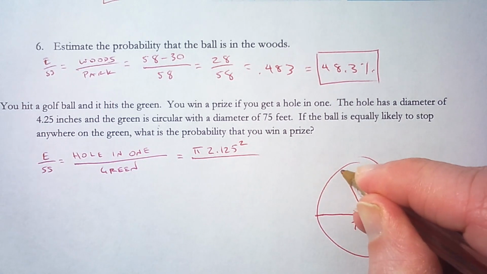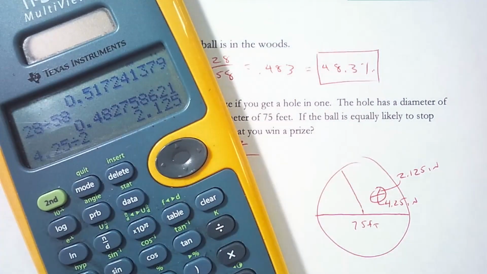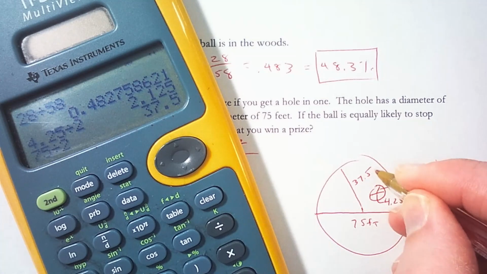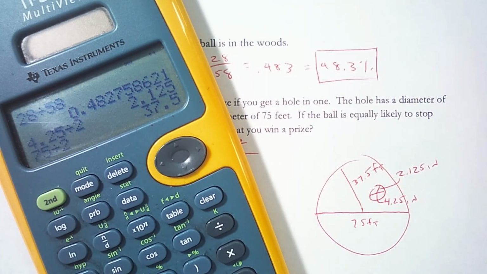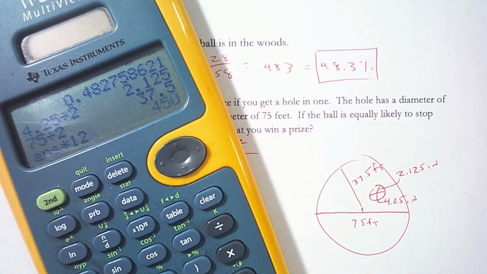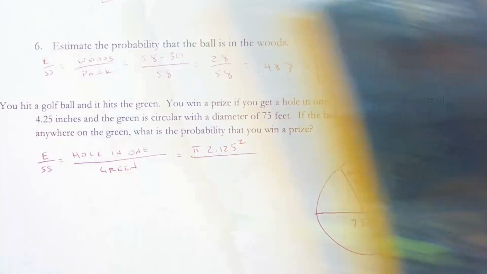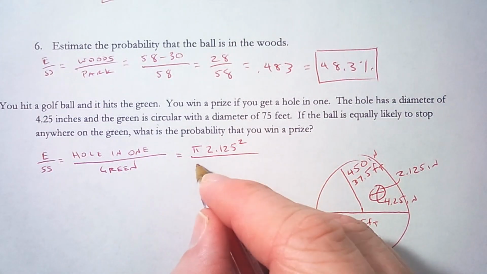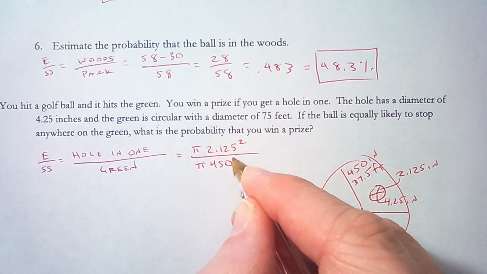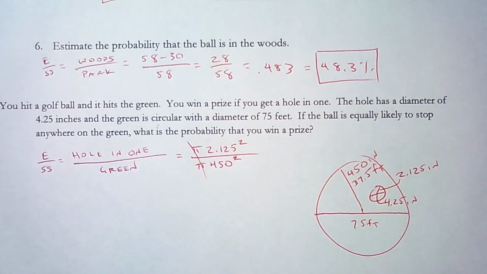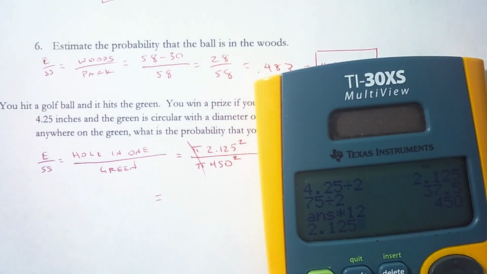Over, now the radius of the green is 75 divided by 2, which is 37.5, but that's in feet. I need to multiply that by 12 to get it into inches, and it is 450 inches. So the area of the green is pi times 450 squared, and now they are in the same units. Now the pi's will cancel, so I have 2.125 squared, and that is